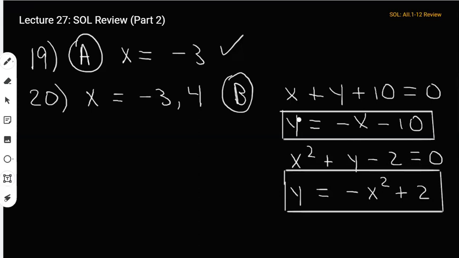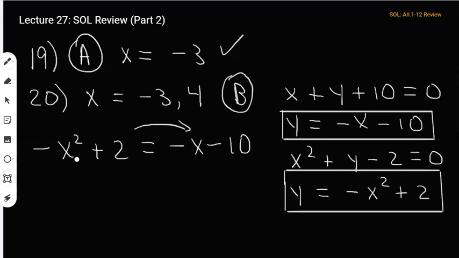And now, since they're both equal to y, I can set them equal to each other. So negative x squared plus 2, that's my bottom equation, is equal to negative x minus 10. That's my top equation. And then I would have to get everything onto either the left side or the right side. I'm going to get everything to the right side because this x squared will turn positive on this side. So I can add x squared, subtract 2,